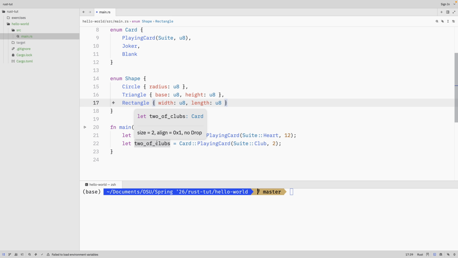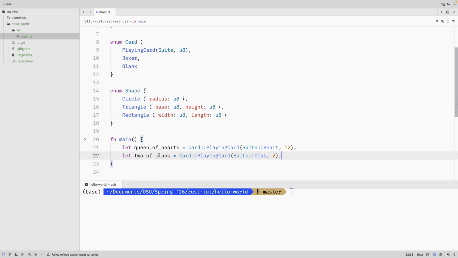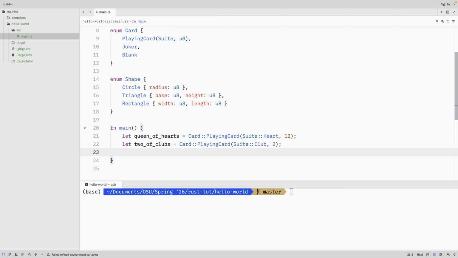But what if we want to do operations based on these variables that we just created? Like, how do we figure out that there's a 2 in this 2 of clubs? First of all, we need to check that it's equal to the variant that we're trying to extract the value out of, because this could be a joker or a blank which doesn't have a value in it. We need to first make sure that it's a playing card. And in order to make sure that it's a playing card and get the information out of the playing card, we do an if-let